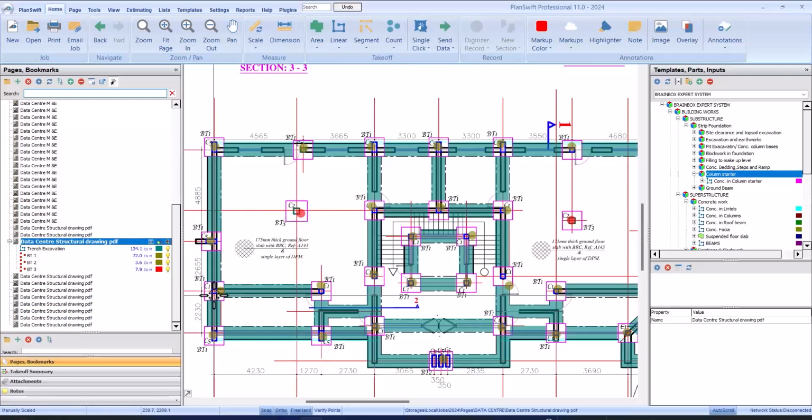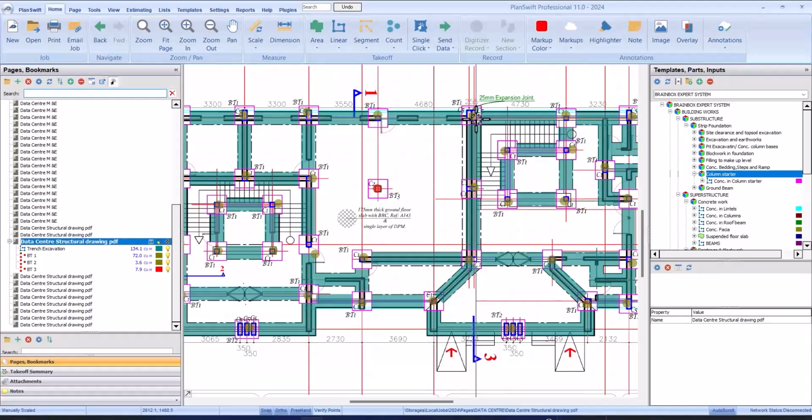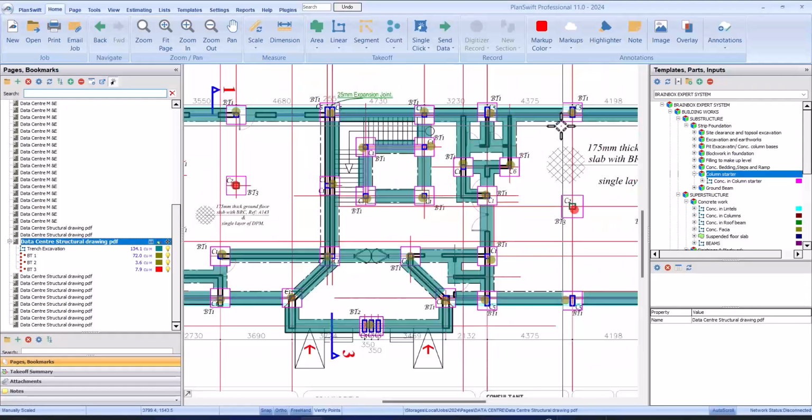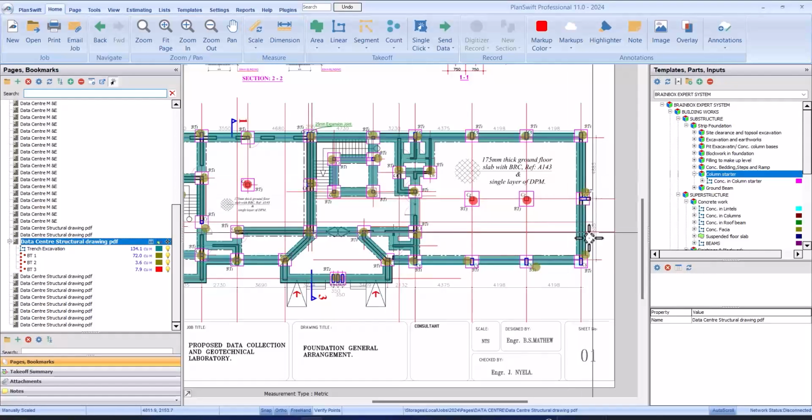Okay, so let's start with column 1. We have 1, 2, 3, 4, 5, 6, 7, 8, 9, 10, 11, 12, 13, 14, 15, 16, 17, 18, 19, 20, 21, 22, 23, 24, 25, 26, 27, 28, 29. So we have 21 numbers of